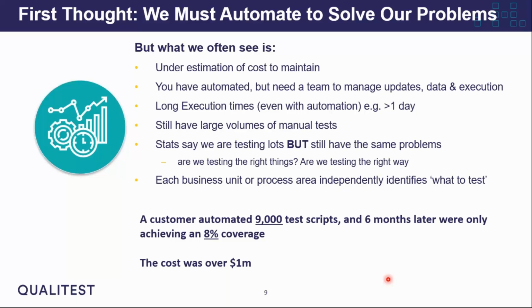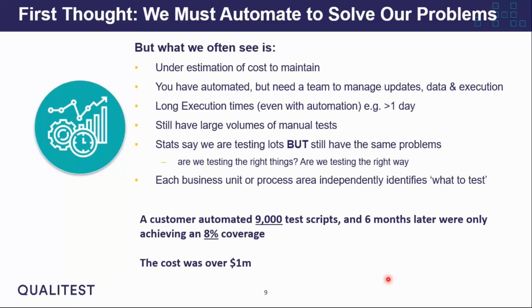But if you automate everything today, often we pose that challenge to our customers and ask them, will that resolve all of your problems? And most times it's no, it won't, because again, I mentioned it earlier, that's focusing on the continuous integration part only, and it doesn't really look at the other elements. And then what we often see after the mass effort of this, we need to automate, is from a cost perspective, our clients have underestimated the cost to maintain. And then they have to stand up a team to manage the automation pack and make sure there's no outages and so on and so forth.